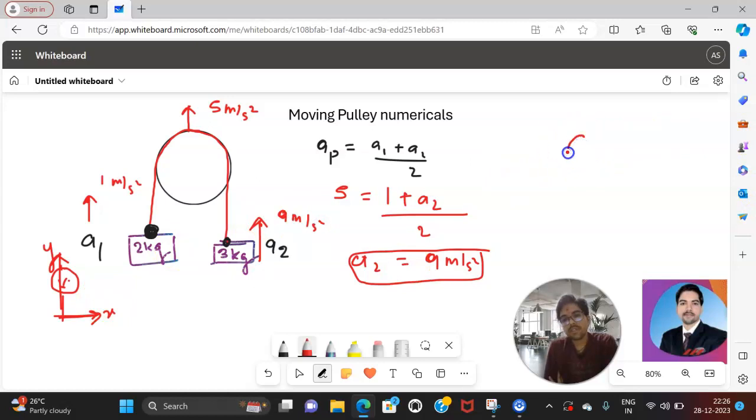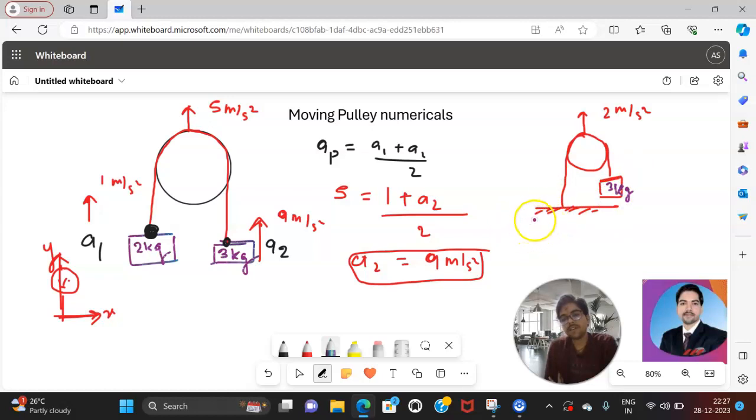This is another question. Write down. This is a pulley and this is a string, and this end of the string is fixed. And here is one block. I want to know the acceleration of this block. This pulley is moving with 2 meter per second square acceleration. So I just want to know what is the acceleration of this block. The block mass you can take as 3 kg. Clear?